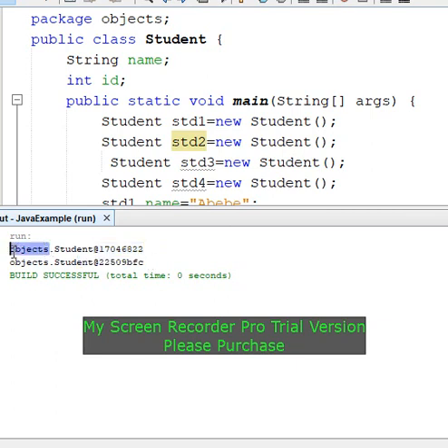Here objects is the name of the package. So here is the name of the class. አሁን object 1 ለምሳሌ std1 object 1 ማለት under the package of the objects, then from the package objects under